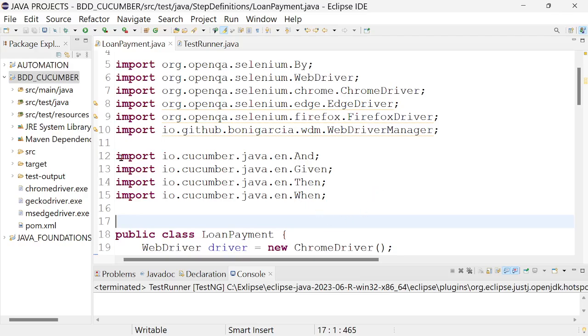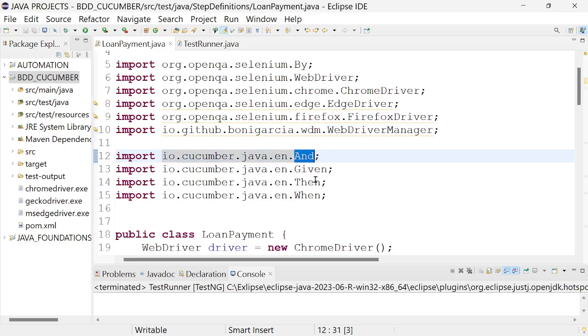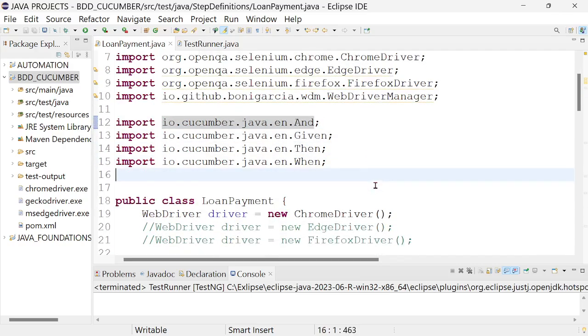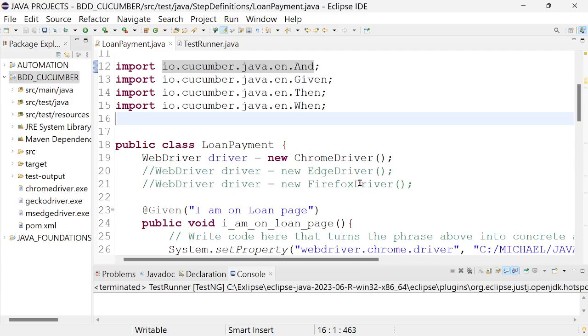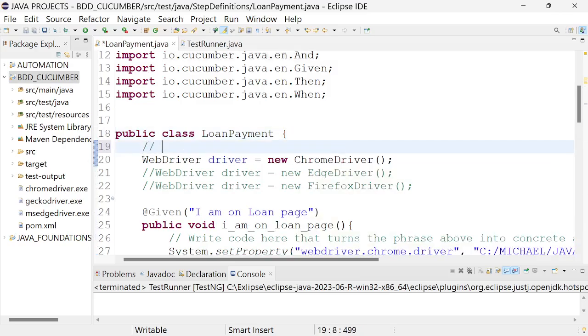We imported from Cucumber all the imports and Given, When, and Then. First of all, you have multiple ways to do it with Selenium. First of all, please make sure, I'll type in capital: avoid